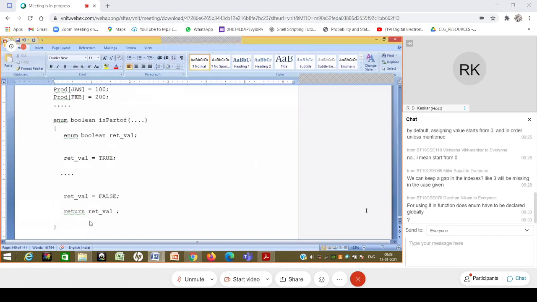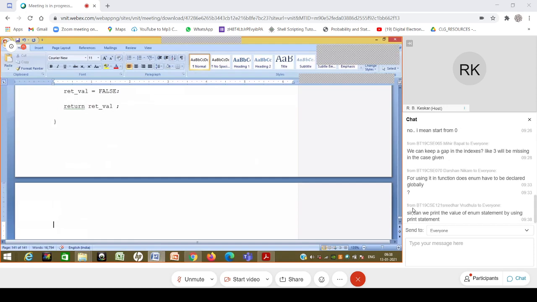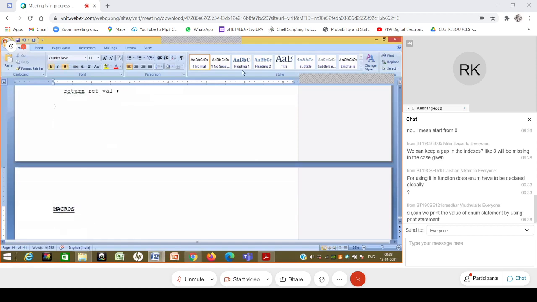Okay. So the next thing that we will take is what are called macros. Although we have done it, macros are again #defines basically. And although we have done the #defines, we'll see these #defines more closely now. So enums are a replacement for #defines, and these macros are an extension of #defines. Rather, they do many more things than we can actually imagine. Okay, so we'll see what these things are all about.